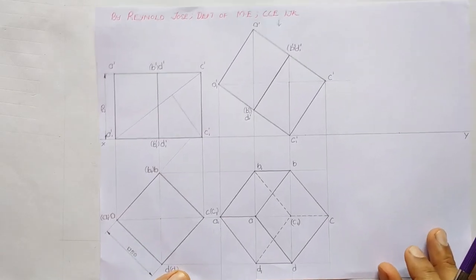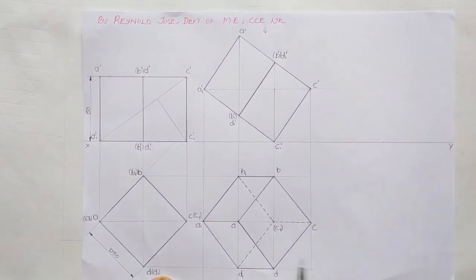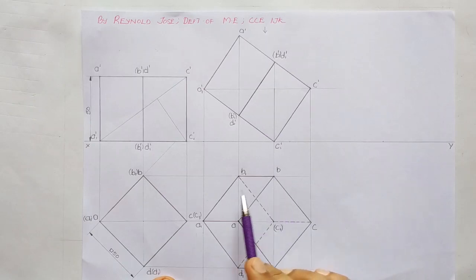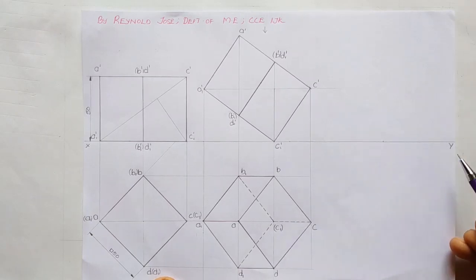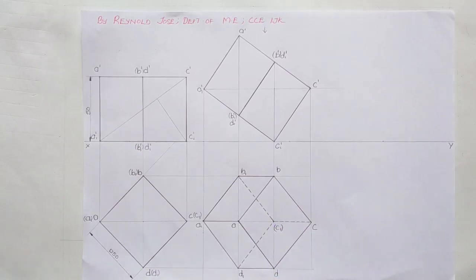And as per the requirement of the question, what we require is that the body diagonal, that is A1C, must be perpendicular to VP. So perpendicular to VP means perpendicular to the XY line in the top view. So what we are going to do now is reconstruct this top view in such a way that the body diagonal A1C is perpendicular to the XY line. So finally we will get it perpendicular to VP. So we are going to reconstruct it now. We shall draw a perpendicular thin line here.